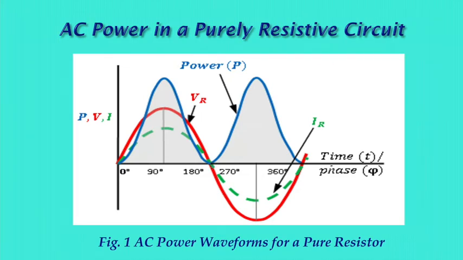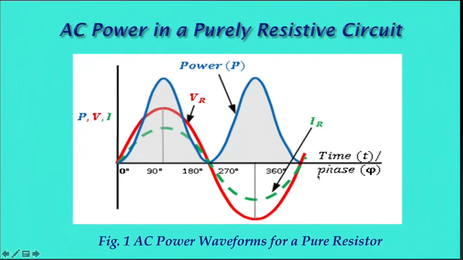The power equation above reduces down to P equals VI. Therefore, the power at any instant can be found by multiplying together the two waveforms to give the volt ampere product as shown in figure 1. So these two are multiplied, then we get this resultant power, and this point is 0. And when these two negative values are multiplied, we get this positive value of power.